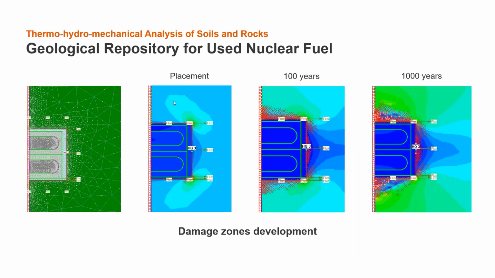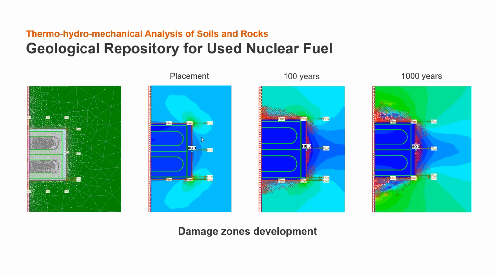And here is the dynamic zone development induced by thermal expansions. At the time of placement of the fuel cells, there's minimal failures in the models. Only a little shear failures happen at the corner of the repositories. However, as the temperature increases because the